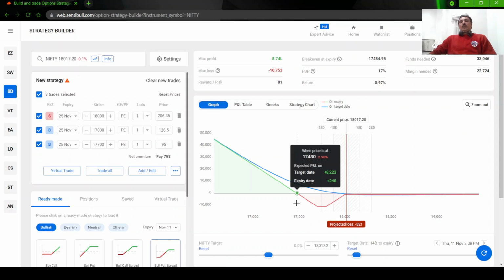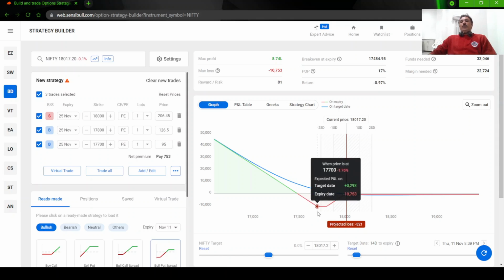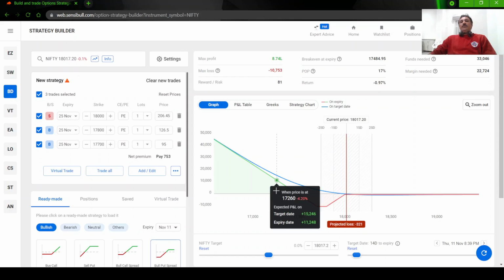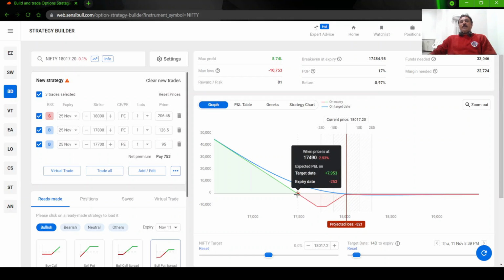Then if you are not closing and you want more money, you want to stay in the market, you are okay with a 10,000 loss, but you are thinking about getting a 15,000 profit, then yes, you can hold this trade. When the market goes to 17,300, we will be getting a very good profit of around 13,800 rupees. Means when the market goes down, the bull put ladder will provide a very good profit.